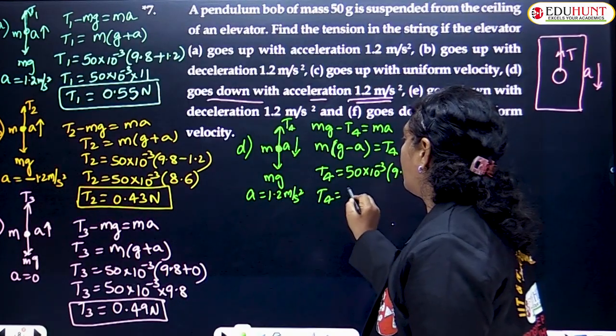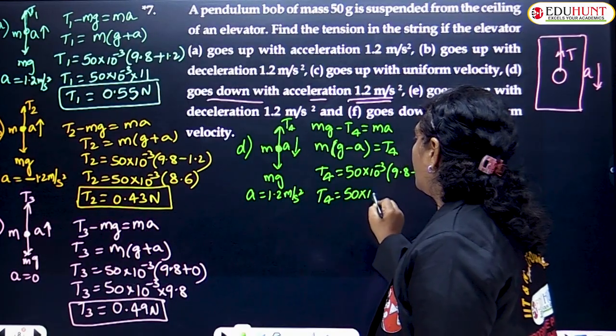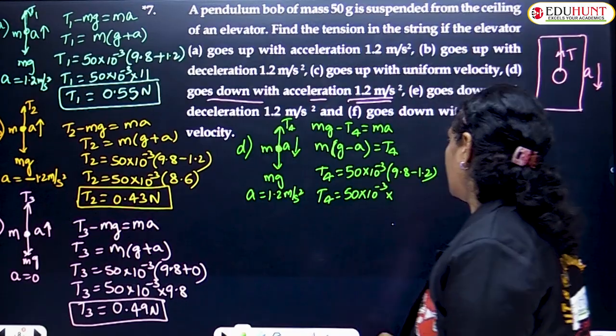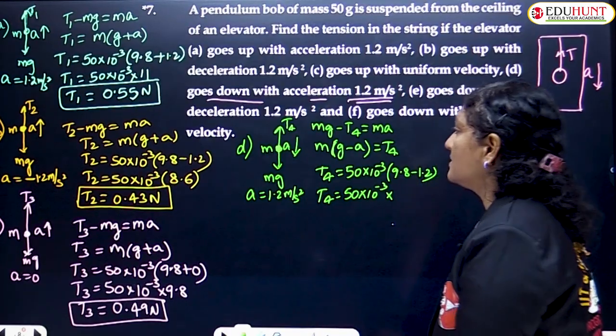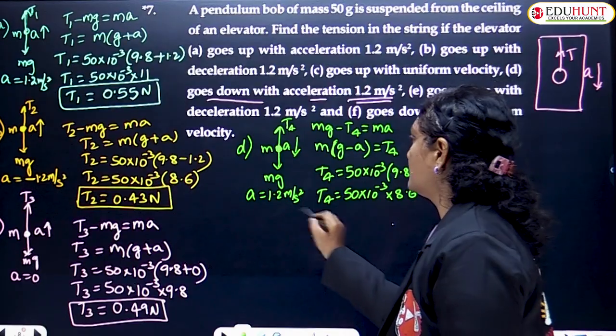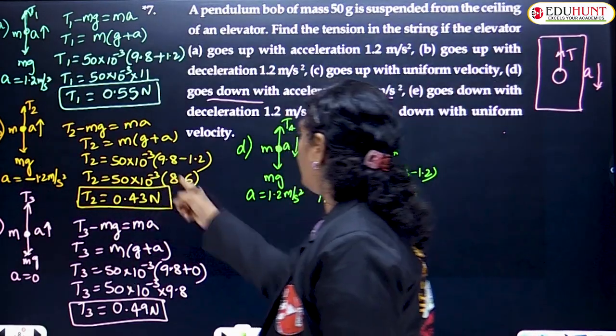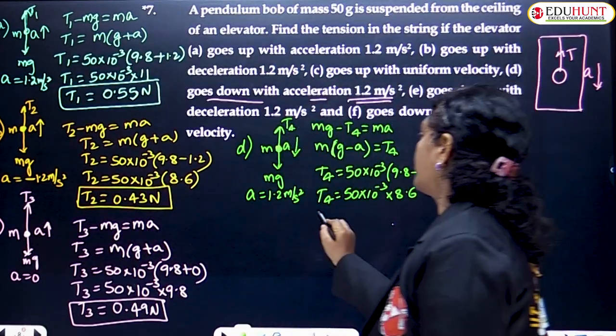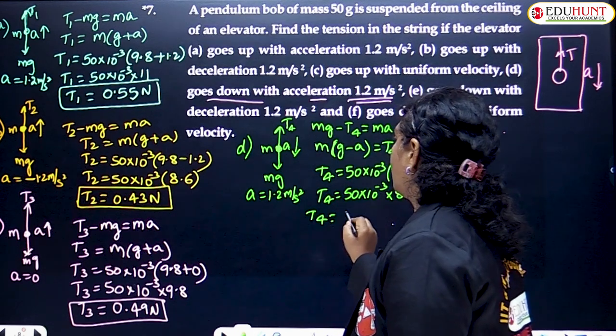Hence T4 is equal to 50 into 10 power minus 3 into 9.8 minus 1.2, which is something like 8.6. So this is the value: 50 into 10 power minus 3 into 8.6. Hence T4 is equal to